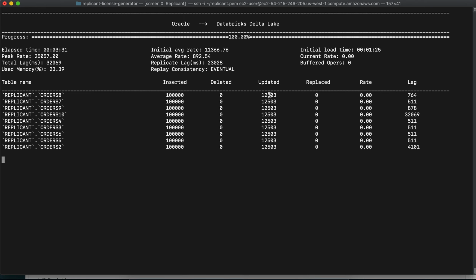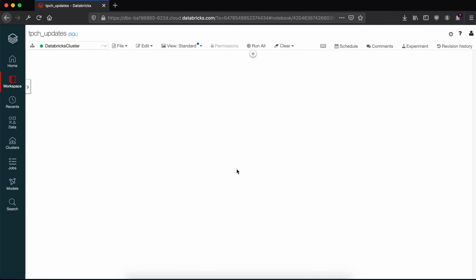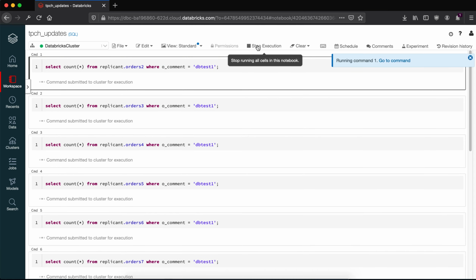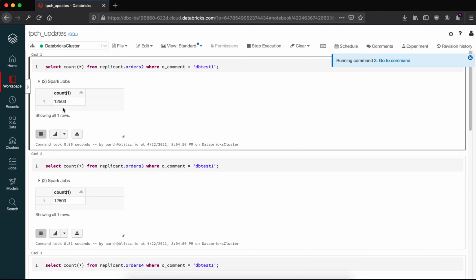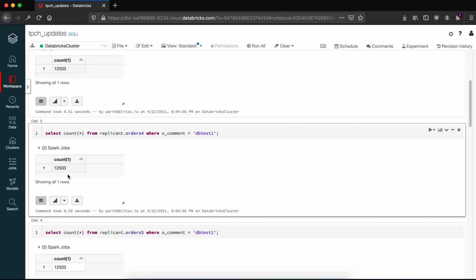Now you can see all 12,503 updates for all tables have been applied. Let's check the data in Databricks now. I have just written these queries which check where OComment is DB test 1, which we have updated just now. If I run it, we'll see exactly 12,503 rows applied here.